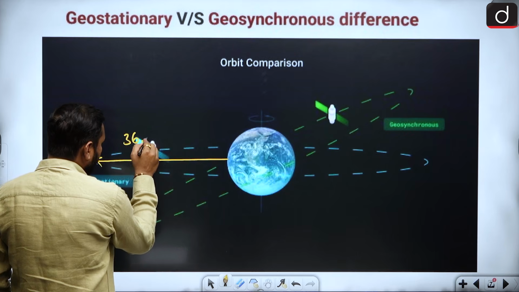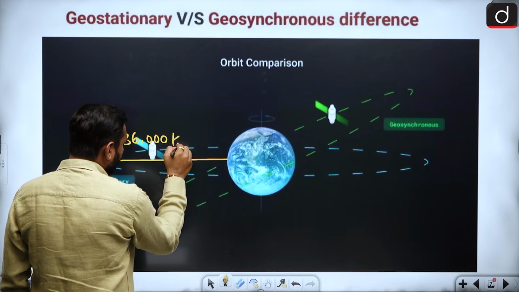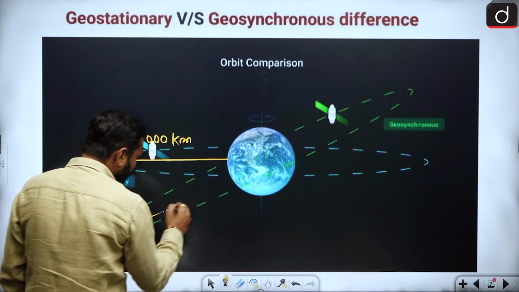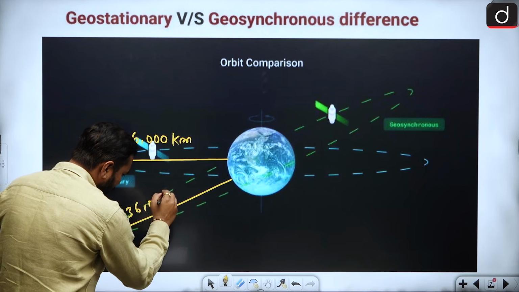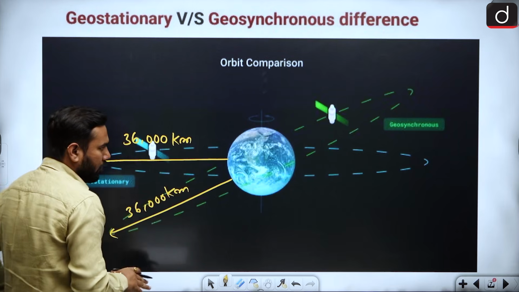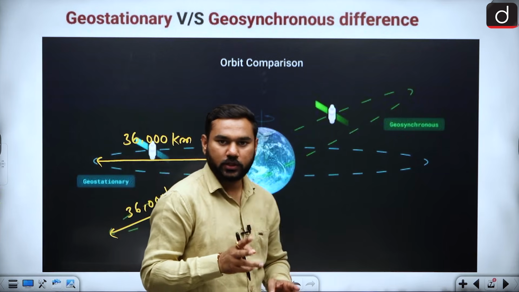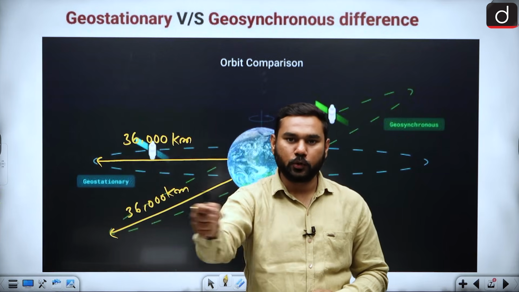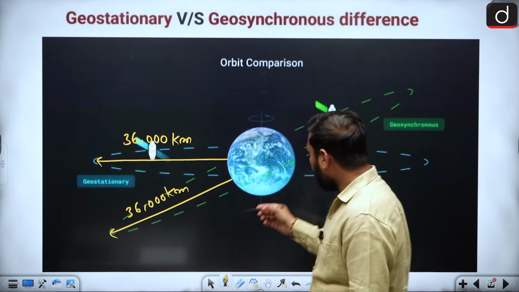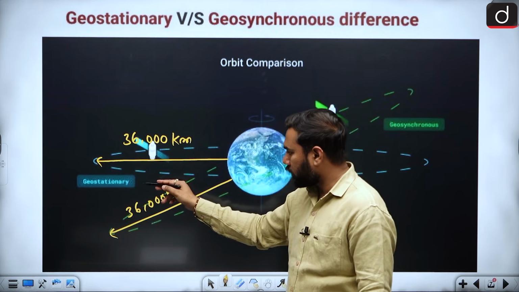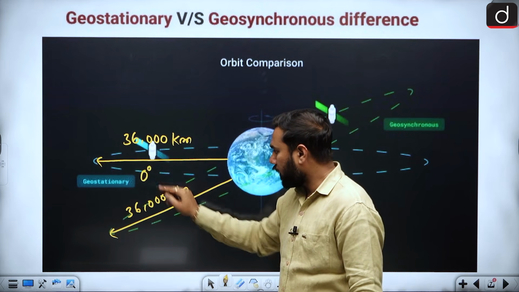When the distance is the same, both are synchronous to each other and can cover one revolution in 24 hours. So geostationary makes a 0-degree angle,